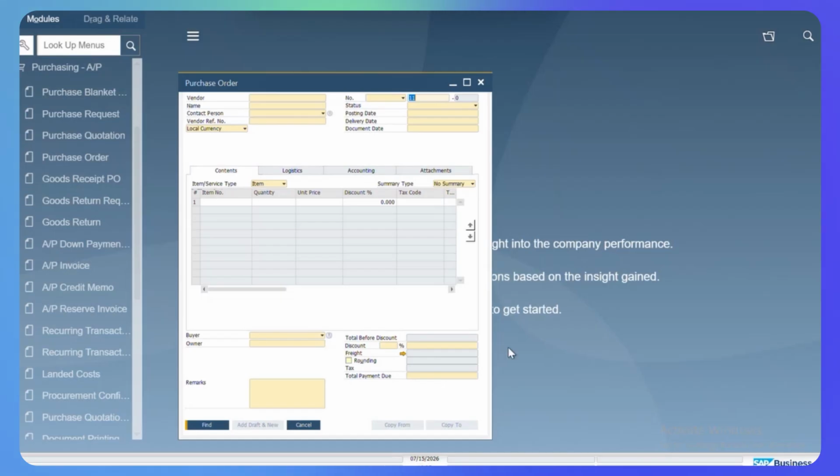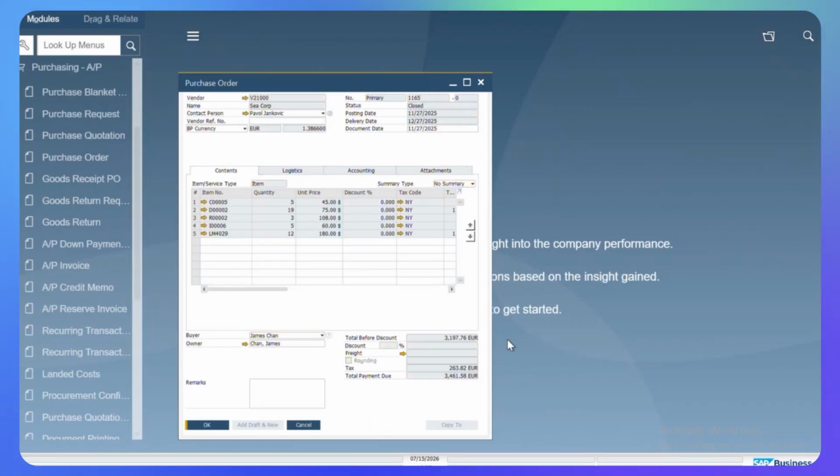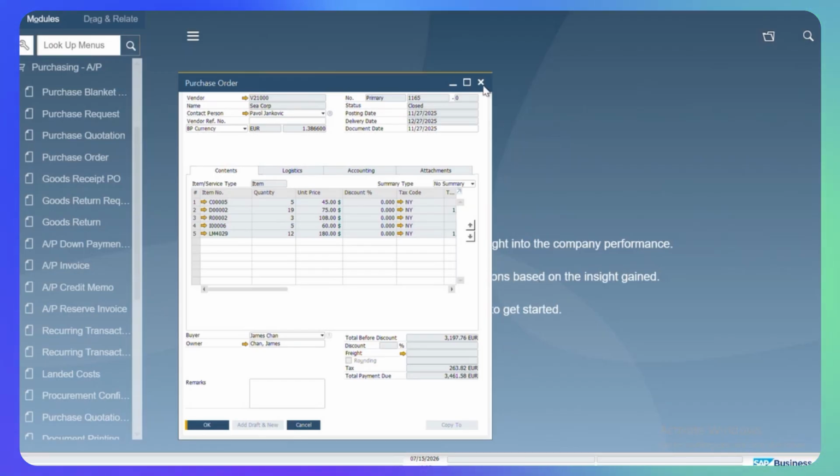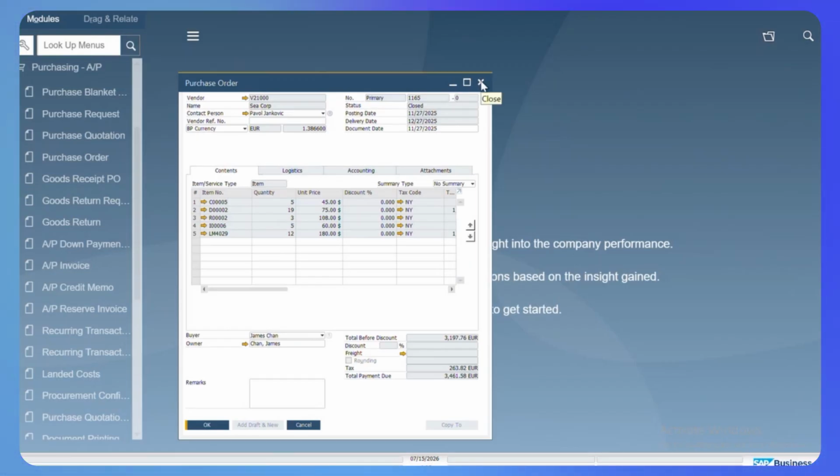1165 is the document number. So I'll just type it in and there you have it. There's the purchase order. Now, as you can see, the purchase order has all of the details. What we are doing is getting all of the details of the purchase order. As you can see, it has all of the line items and all of the amounts and everything in place